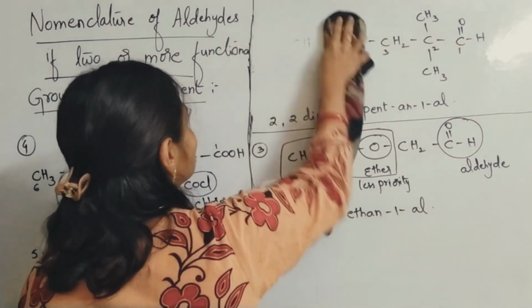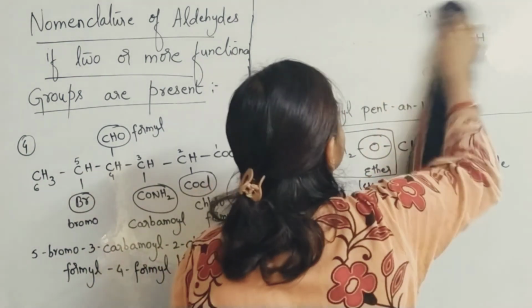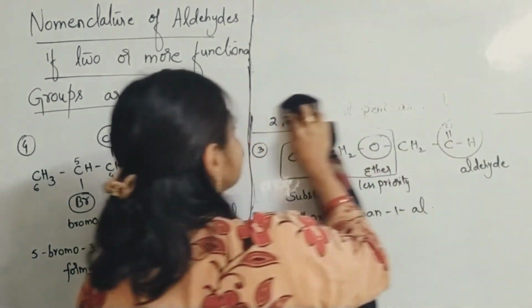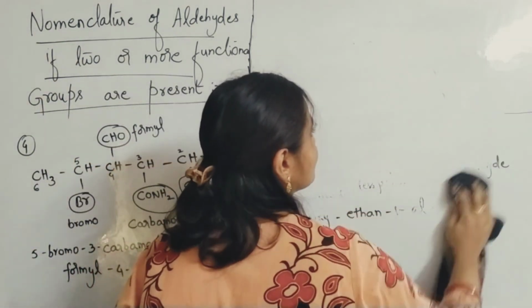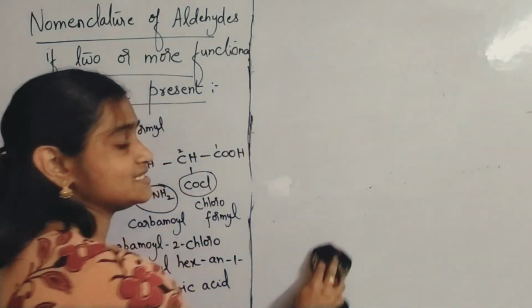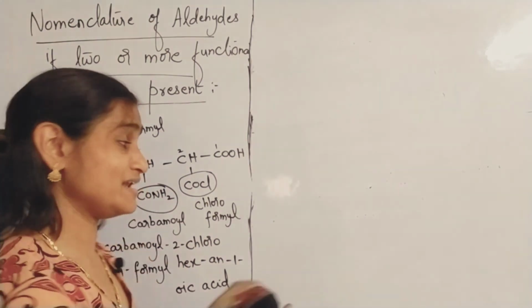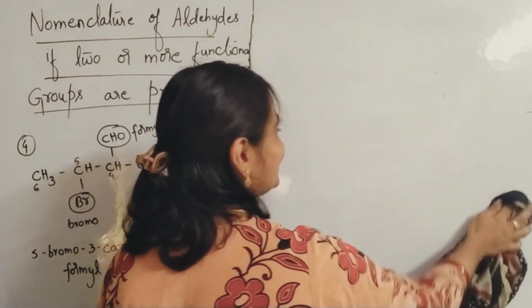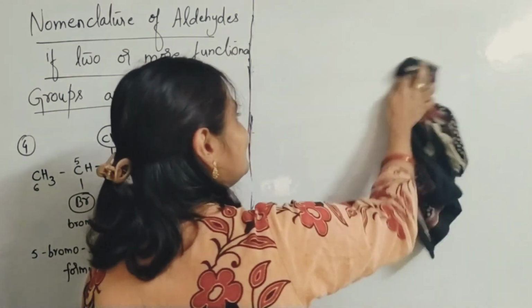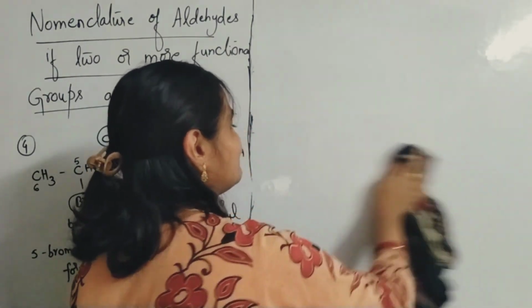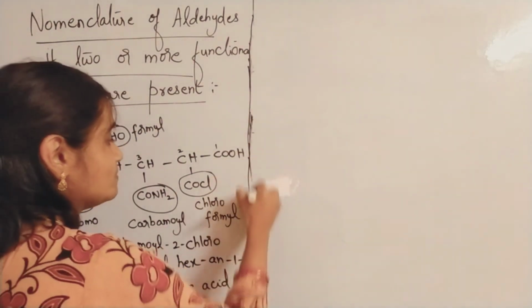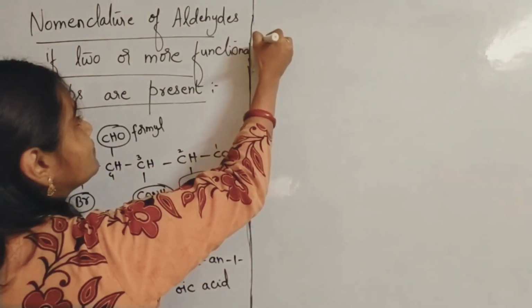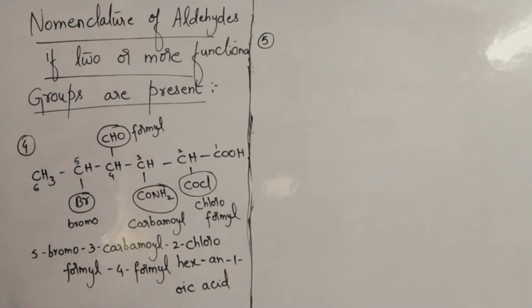Next, example 5. Let us go for example 5. The most embarrassing part, as I said even in the previous video, is rubbing the board. Until and unless we keep writing, it will be good only, but once it comes to rubbing the board, it is a very hectic job. Let us go for example 5.